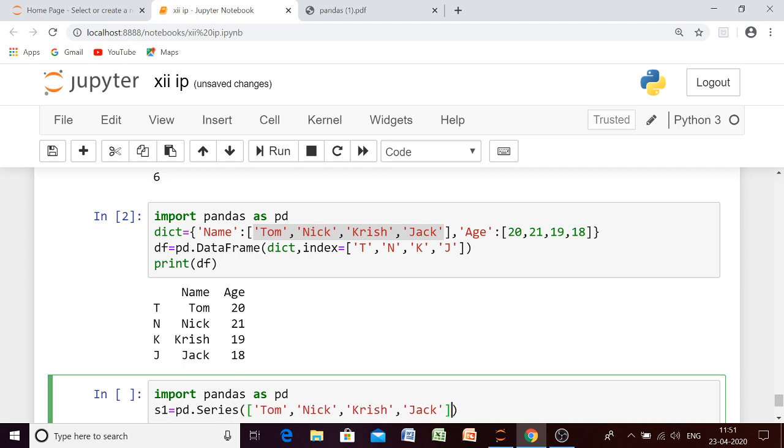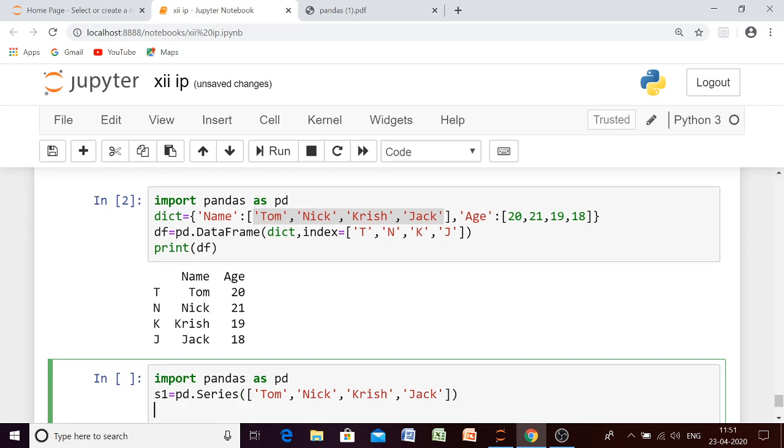Then we will create one more series which will have the age. The pd dot Series function is used to create a series, and here we are creating a series from a list.